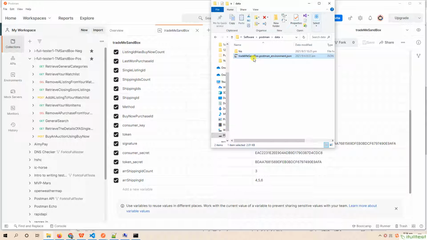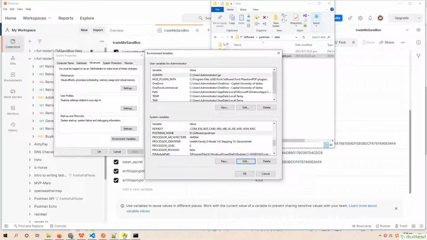Then we run the scenario through the command line. First, set an environmental variable for the Postman project. Then use the below command to go to our project folder.